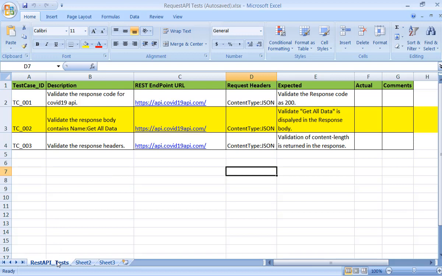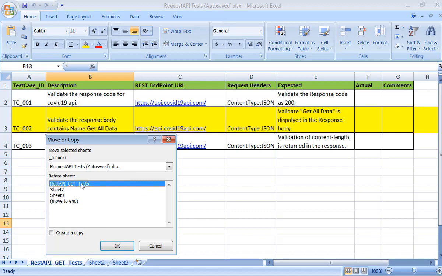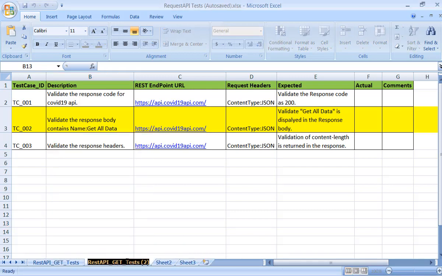These are all for the GET method. You can maintain them here as a GET test, or else you can replicate this, create a copy, and mention this as a POST test and add the POST tests accordingly.